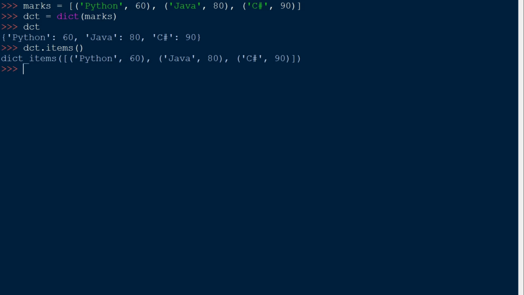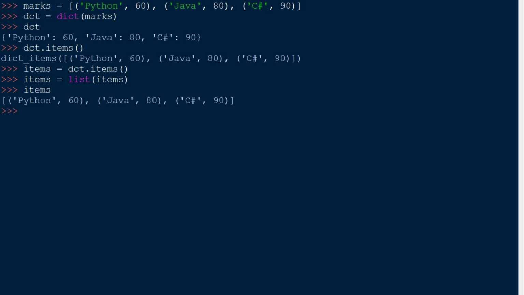Let's say items is equals to dct dot items, and we need to convert this items object into a list. So items is equals to list items. Press enter, type items again, press enter. See, we got a list of key value pairs, just like this.